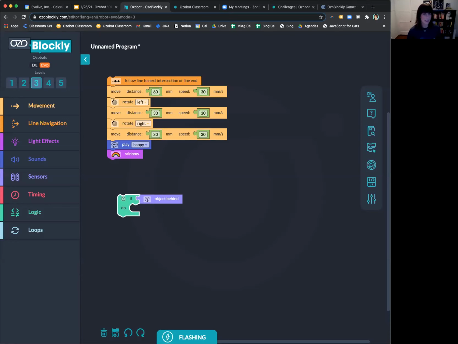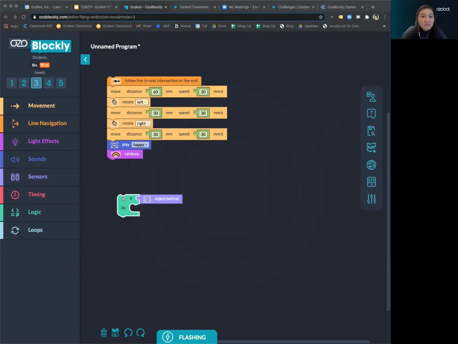If you sent your Ozobots to your students already, is there a way to manage those sensors remotely? Yes, it's a little bit of a workaround. It might depend on whether you have Google Classroom, but I think we have a landing page students can go to complete an update. Sorry, one second, I'm going to look for that link.